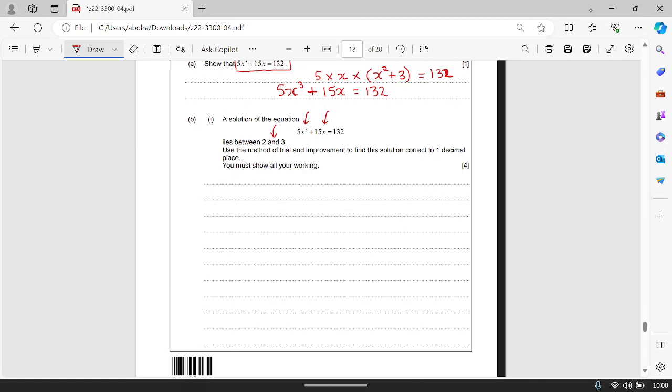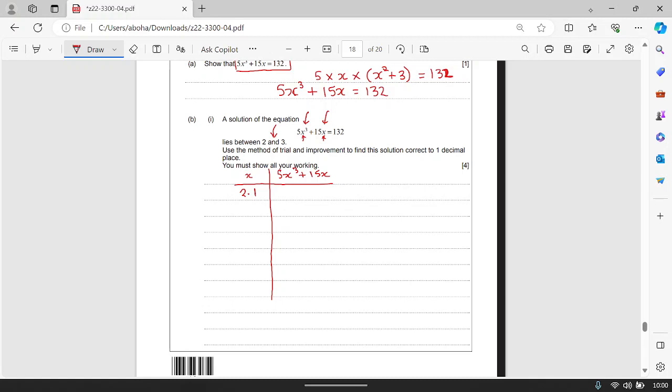Well, I've already answered most of these anyway, so I'm just going to save you a bit of time by doing this. 2.1. If I put 2.1 in, let's say my value of x is 2.1, and then I'm going to put it into the 5x cubed plus 15x. So if I put 2.1 into there and there using my calculator,